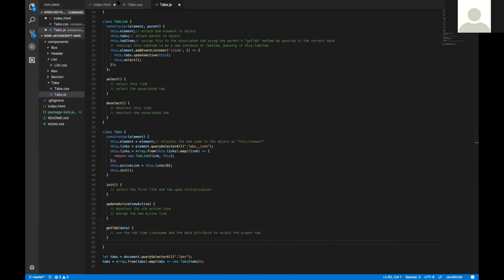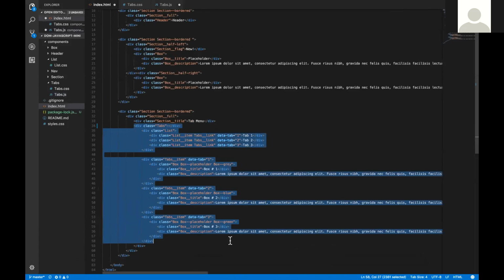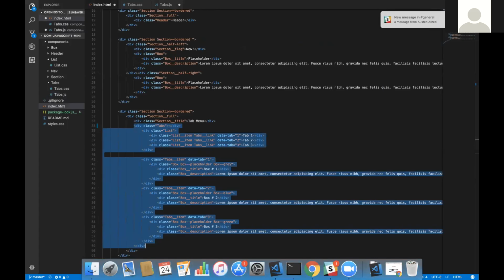No, that whole div contains 3 whole tab elements and the list of tab links. You're grabbing this right here. Yeah, but you're just grabbing this node right here, this whole div. You're getting all of this stuff in, but for right now you're grabbing this piece right here. What I was saying is, if you go